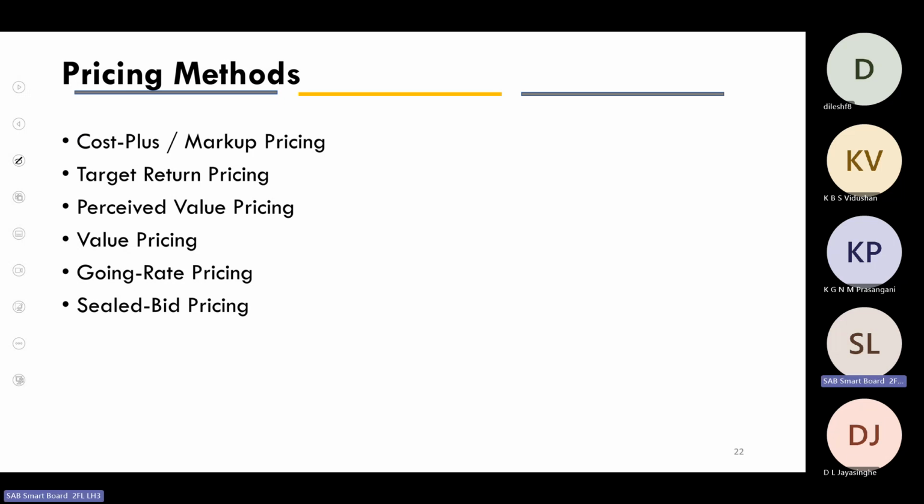Yes. In cost plus pricing, what happens is we first determine the cost, let's say count or value the cost, and we add a markup and set the final price. Let's say our total cost is 100, then we get 20% of markup. Then our final price will be 120. Simple as that. Then how about the next one, the target return price? Any idea?